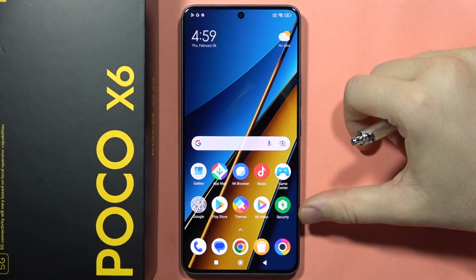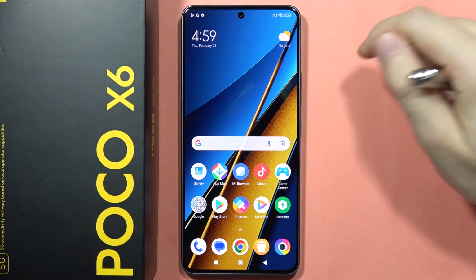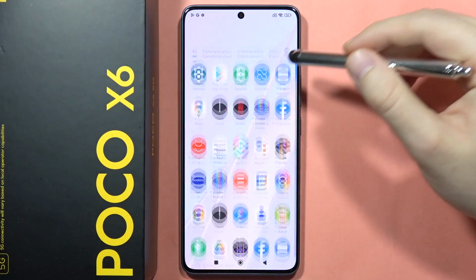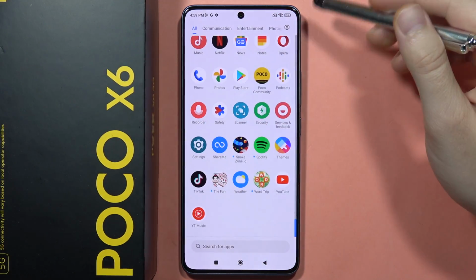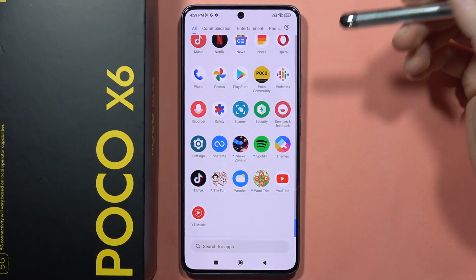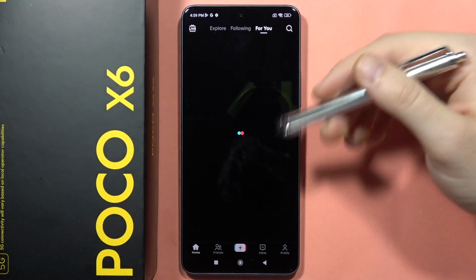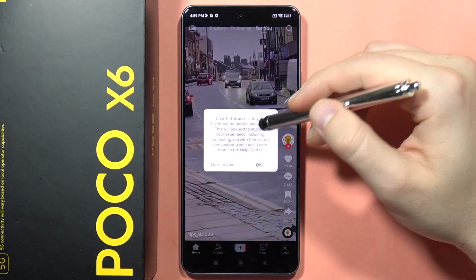Hey, let me show you the best way to get live wallpapers on your POCO X6. So in this case, I will recommend you to use the TikTok application. As default, this application is pre-installed on this phone. So you will have to open it, log in, for example, with your Google account, so you don't even have